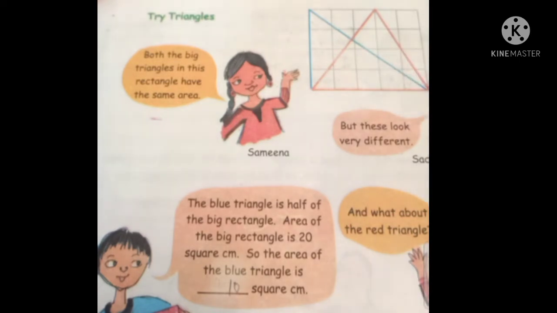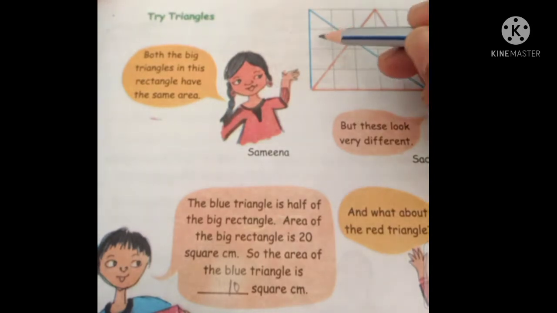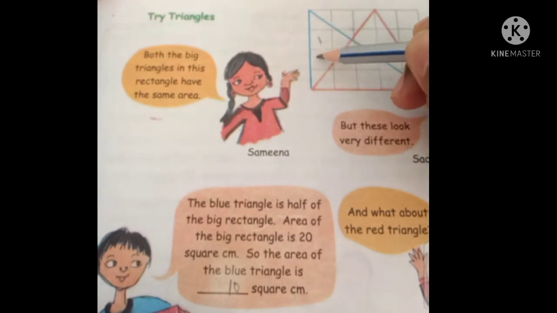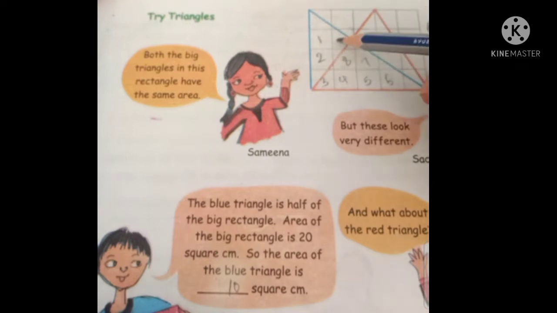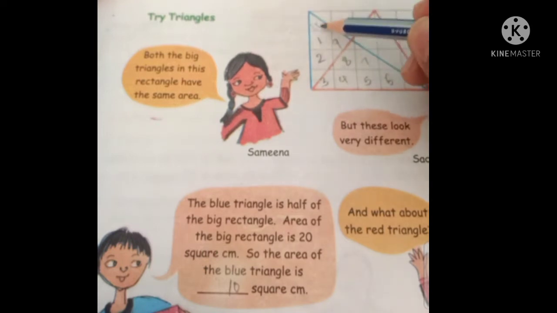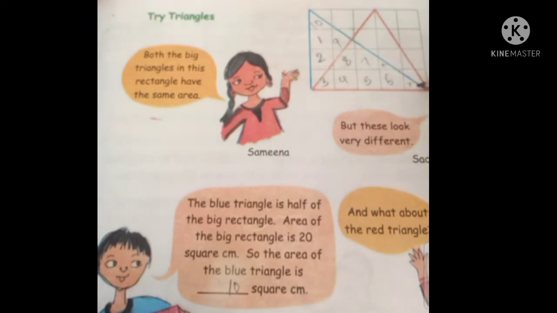Okay. So let's count it out. First the blue one and the red one also. So how can it come? Directly also we can give the answer, but let's count it. 1, 2, 3, 4, 5, 6, 7. This one is 8, 9, and this cover will be 10. Okay. So we don't have to count this too because that is less than half. So the blue triangle area is 10 square centimeter. Here we can give the answer directly also, but I am explaining how it comes.